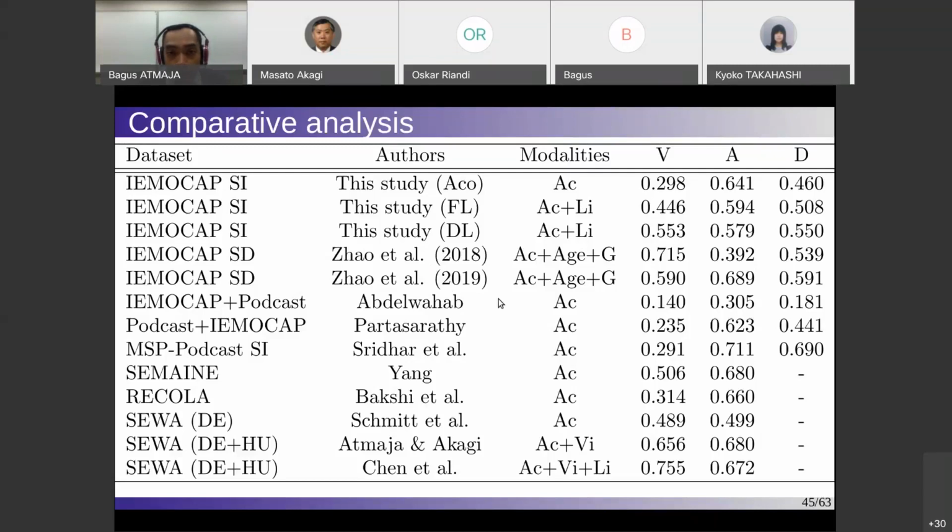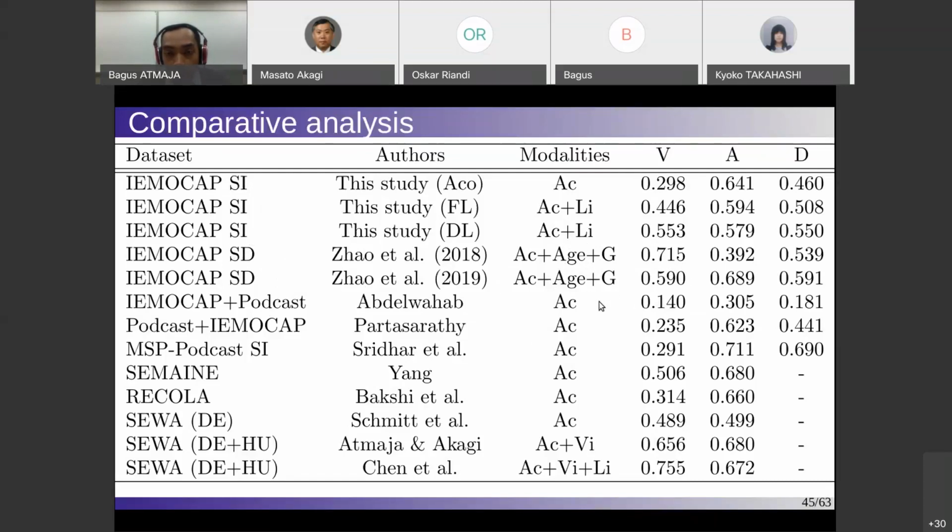And also we can compare to the other research, for example, using the similar data set, but here is speaker dependent. So it also obtains a similar score, I think higher score in valence, but lower in arousal. And they also added two more information, that is age and gender. So these two information maybe contribute to the obtained score here. And also they use speaker dependent, and in my result, speaker dependent is usually almost better than speaker independent, but we cannot use the speaker dependent to judge the performance of emotion recognition.